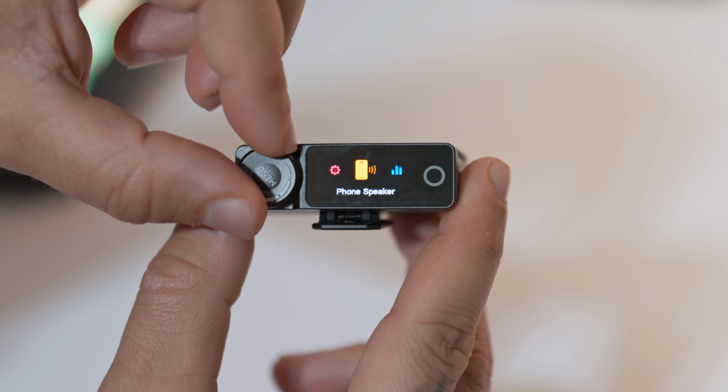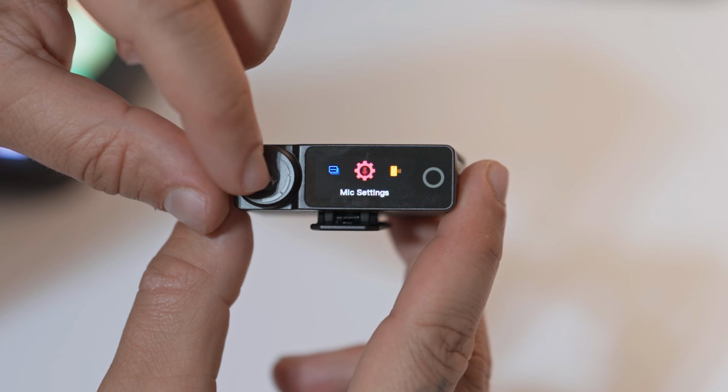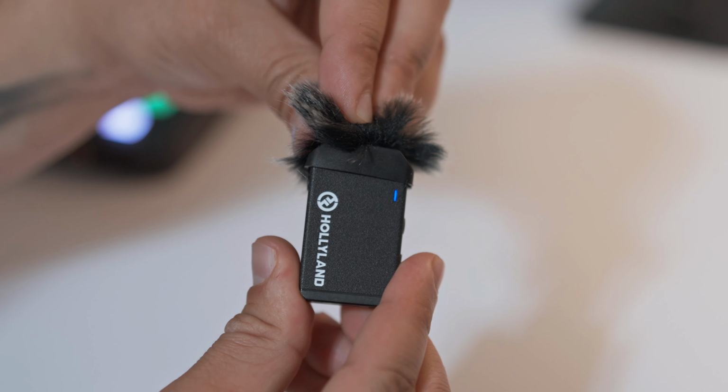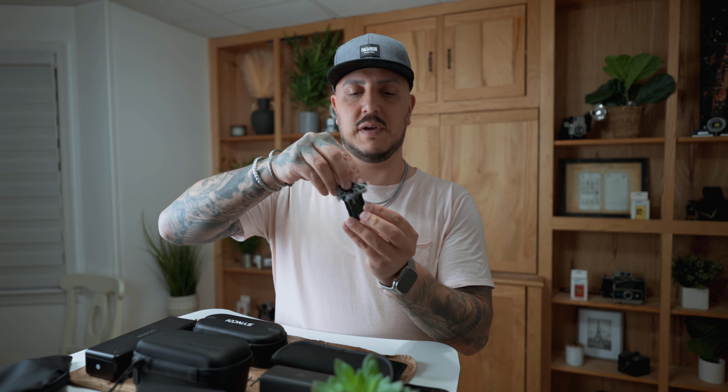The menu system on the Hollyland Lark Max is by far the best I've ever seen on any wireless microphone system. It's just a great menu system in general. The windshields on here are good. They're pretty good. I wouldn't say very good. I wouldn't say great. They're not like the DJI and Rode designs are. They're not twist and lock. They're the third most secure windshields out of all these microphones on here. They're a nice little strong rubber wraparound system where it just slides over the whole top of the transmitter. And they're on there pretty strong. Again, excuse the noise. Let's make sure they're on there. Nice and snug, and we'll give it a good little...